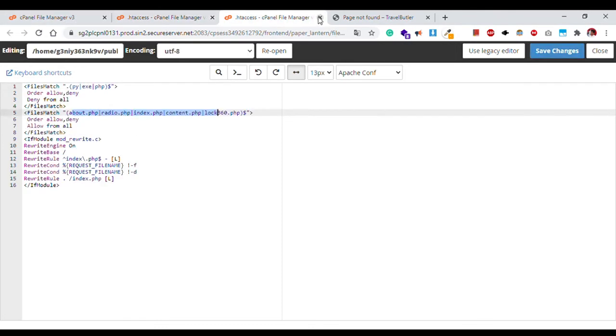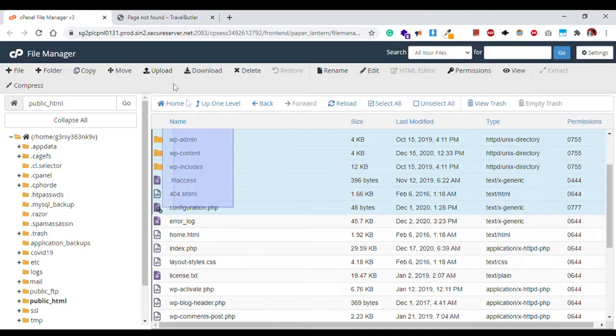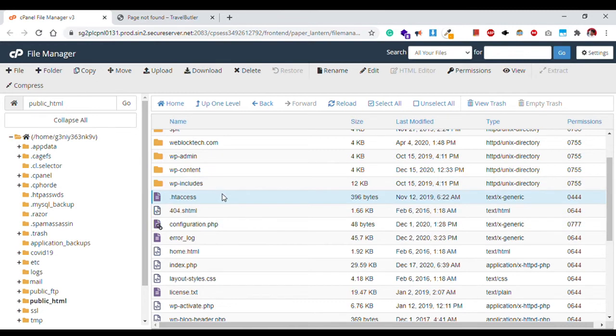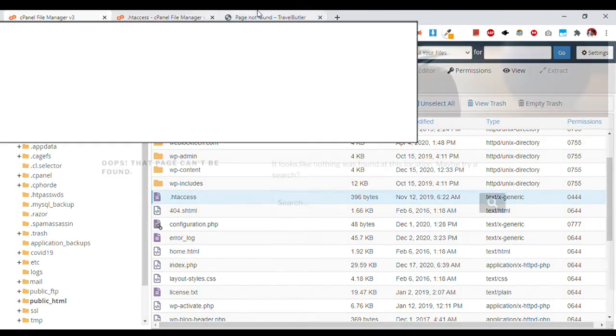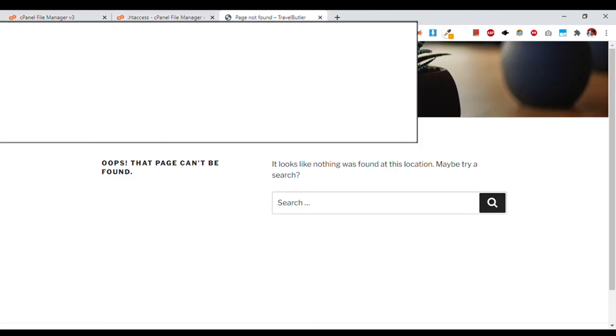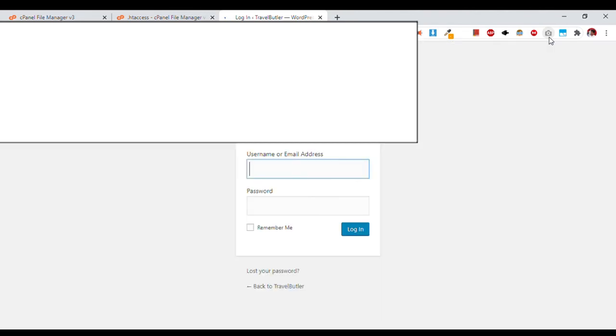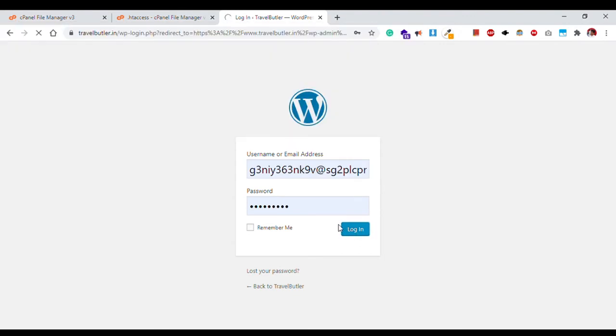Just check again if the .htaccess file has that code again. No, we don't have that code in our .htaccess file. We are ready now. I will try to log in to my admin panel. Okay, now I am able to log in to my admin panel. Thank you so much.